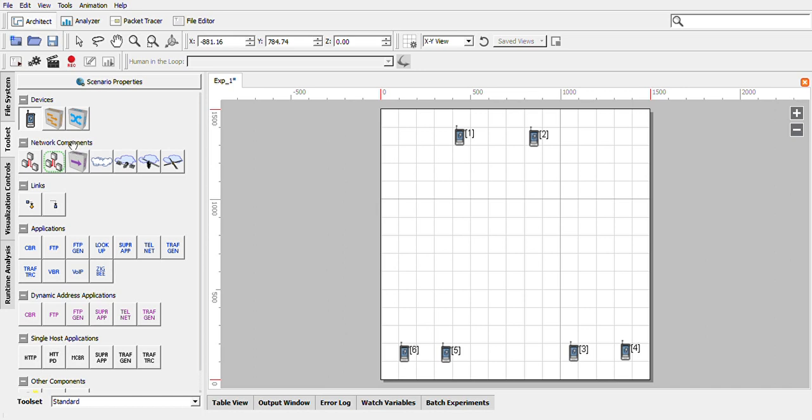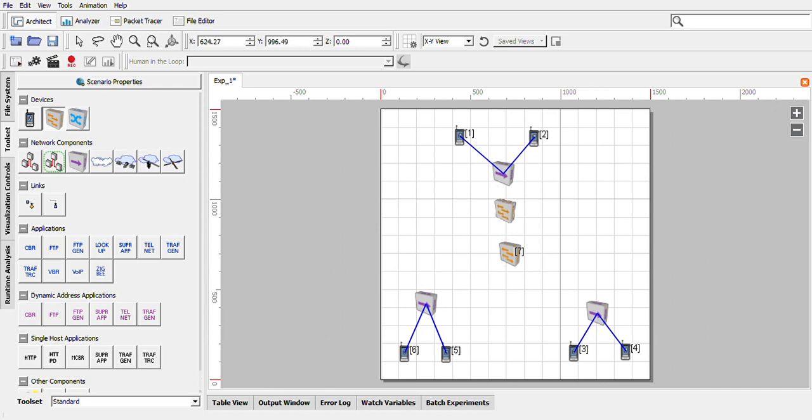Then I will interconnect these two using a hub. Let us connect these two to a hub, these two to a hub, these two to a hub. You can treat this as one local area network. You can treat this as one more local area network. You can treat this as one more local area network. Now we shall use a switch. As you have learned in theory, switches are interesting.